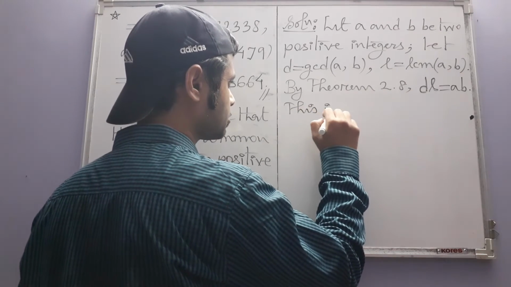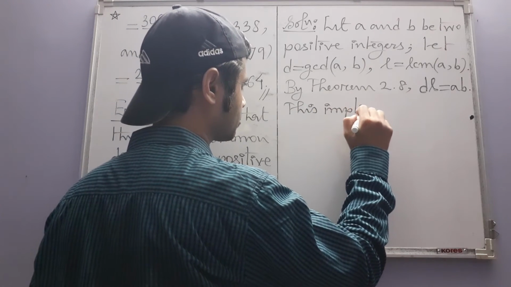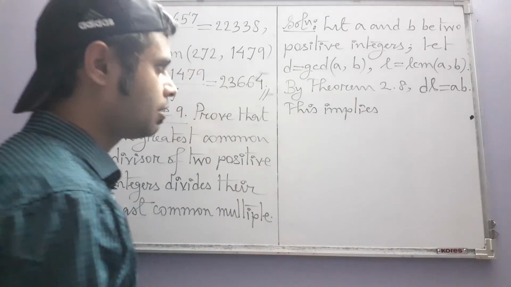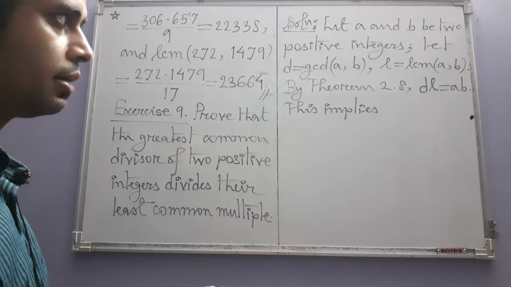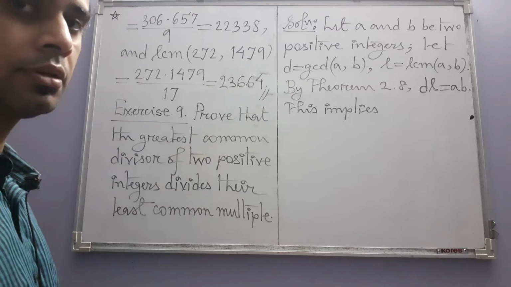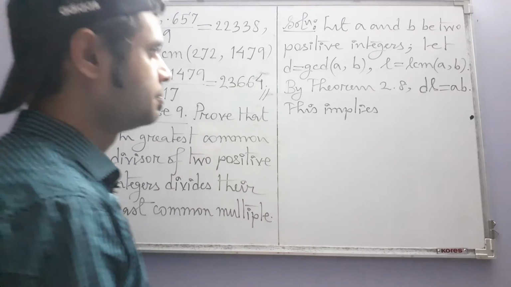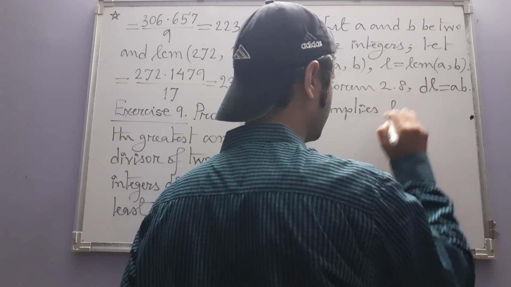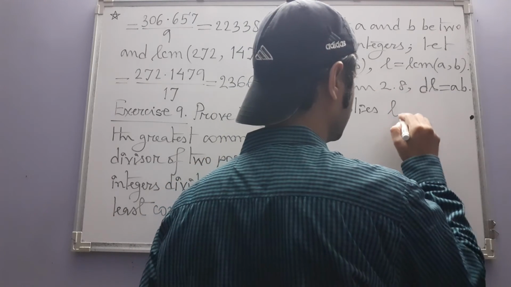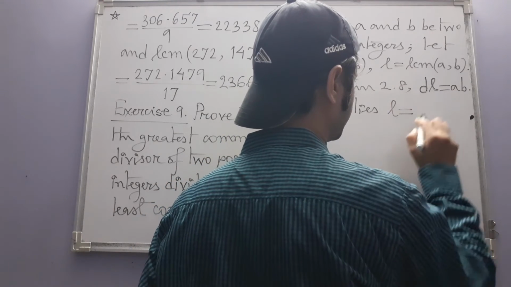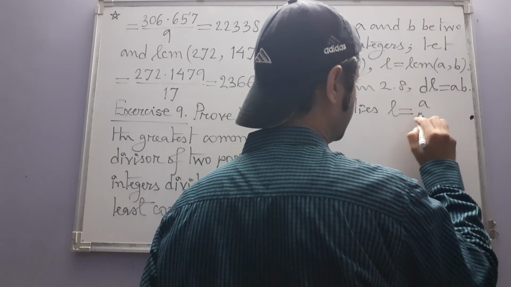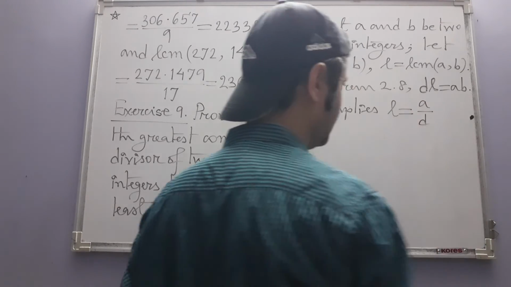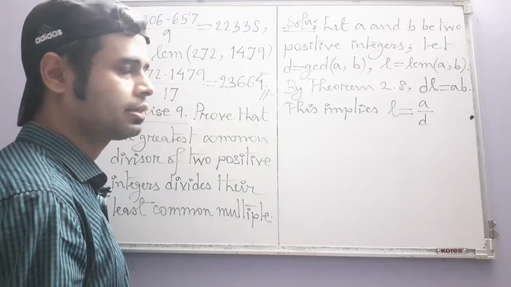This implies, okay, now our aim is to show that L is a multiple of D. So let us see how we can express L in terms of the other things from this equation. If I write A divided by D, I can write,